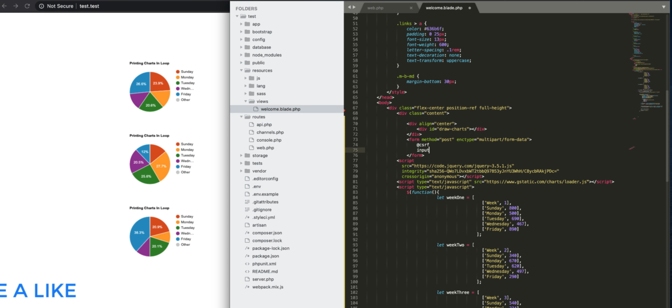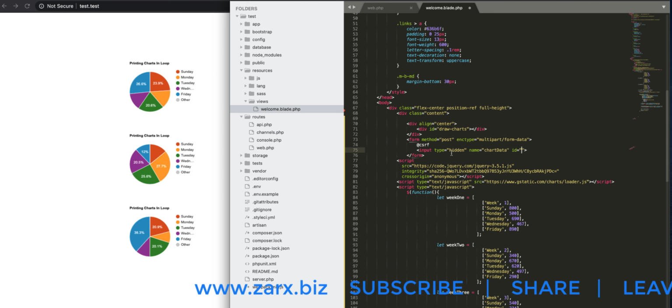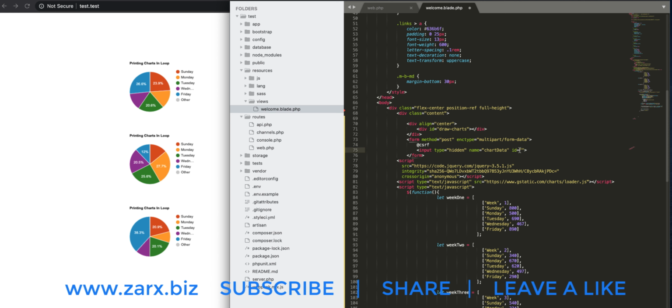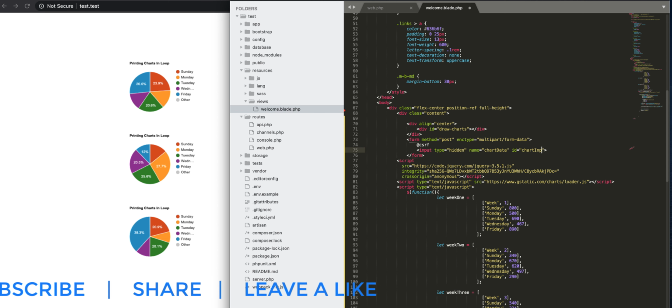Now I'm going to say input. Now this type needs to be hidden because we don't want to show what data we are passing here. And I say here chart data. I give it a name of chart data. I need to give it an ID so that we can assign it. So the concept is we are going to assign the content of this chart into this input, and it is going to be hidden so we won't see it on the page, but when we click the button it is going to get data from here and I'm going to print it. So in the ID, what I'm going to do, I'm going to say chart input